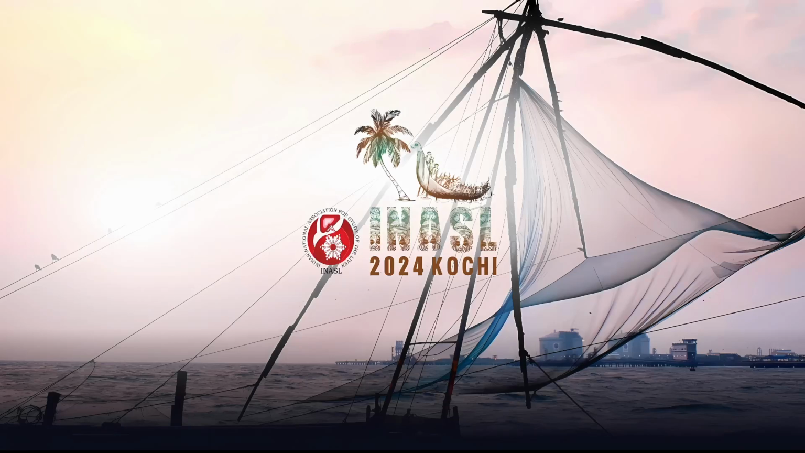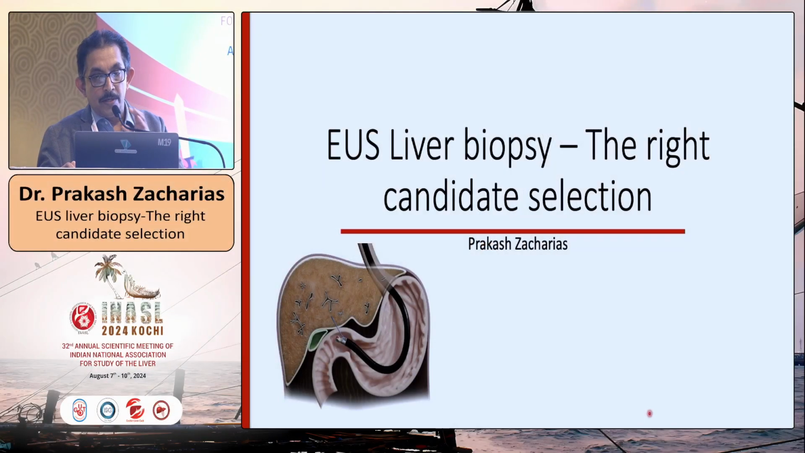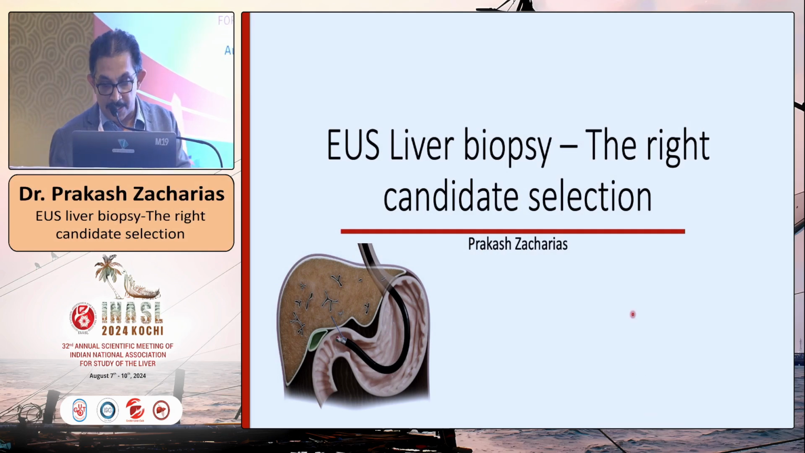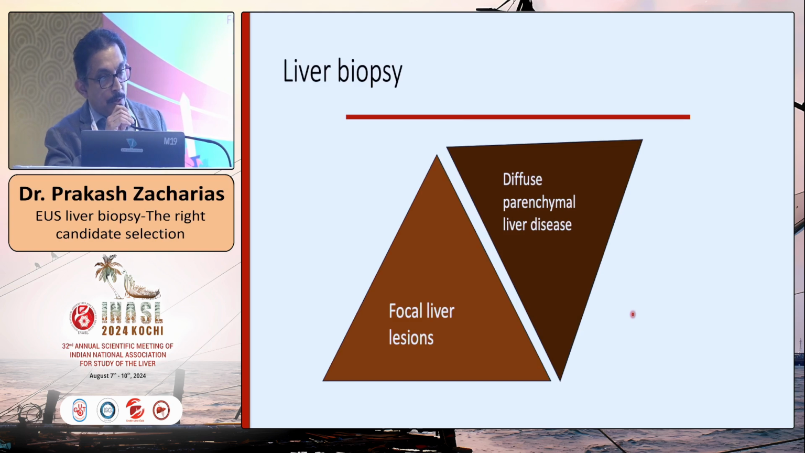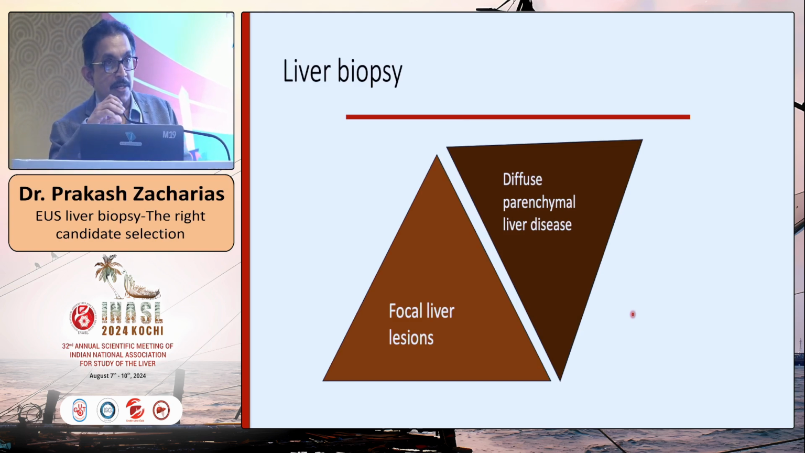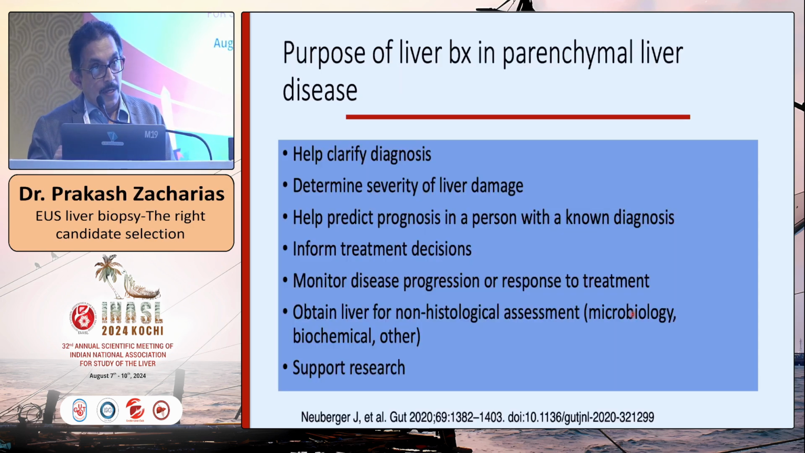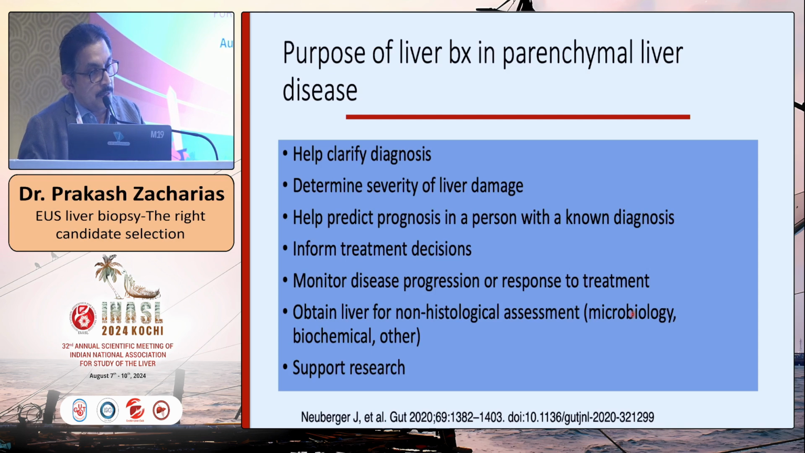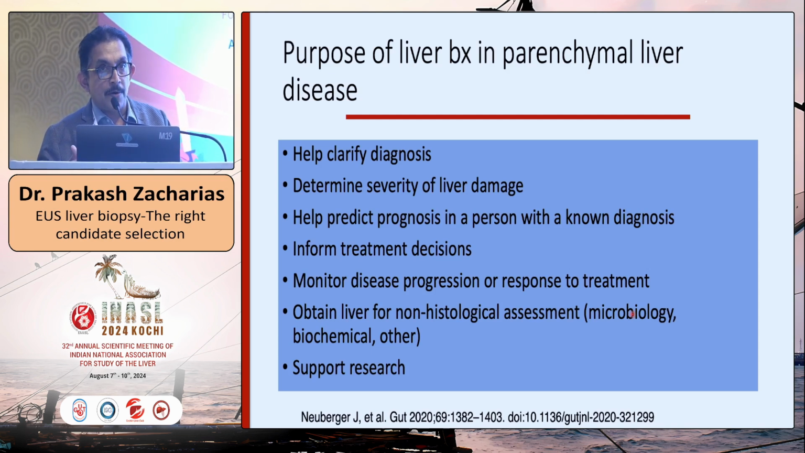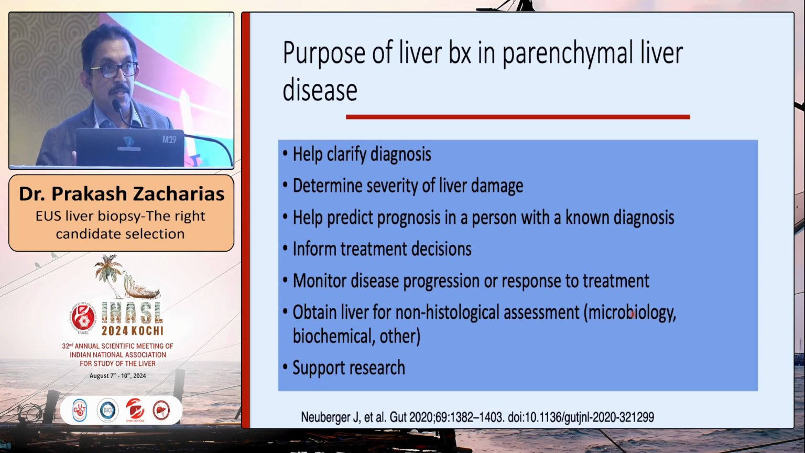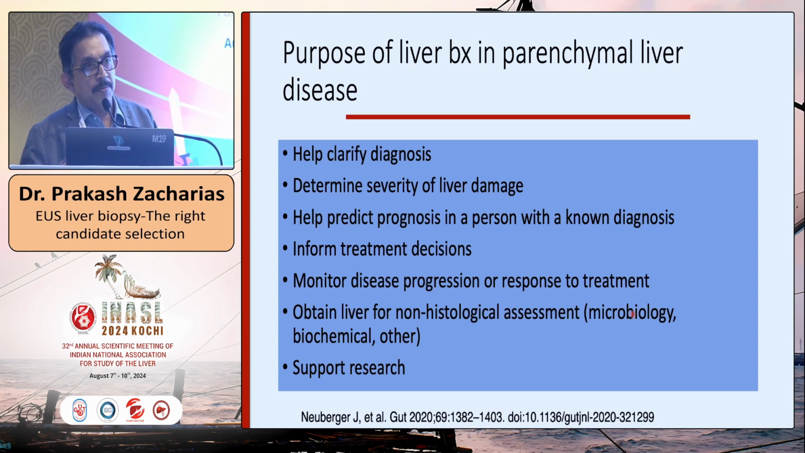Good afternoon. So I have been asked to speak about US liver biopsy, the right candidate selection. Liver biopsy, as you all know, can be done for focal liver lesions as well as for diffuse parenchymal liver disease. In diffuse parenchymal liver disease, it helps to clarify a diagnosis, determine the severity, predict prognosis, inform treatment decisions, monitor the disease progression, and obtain tissue for other